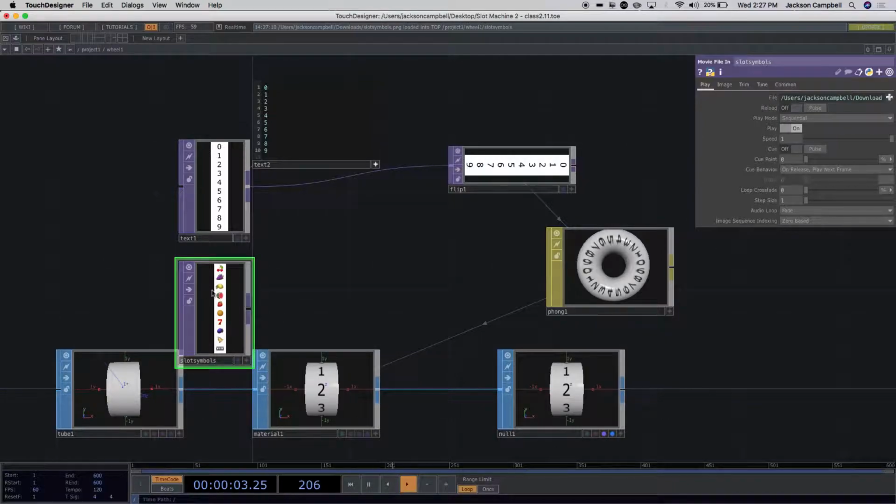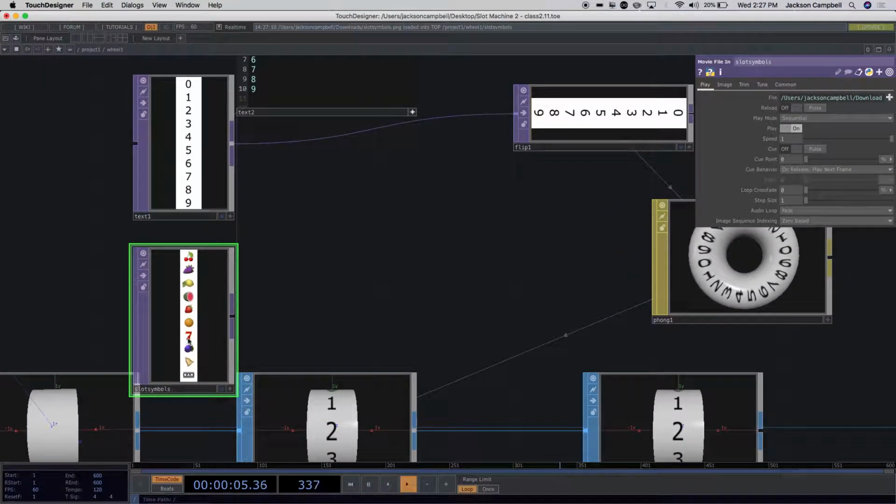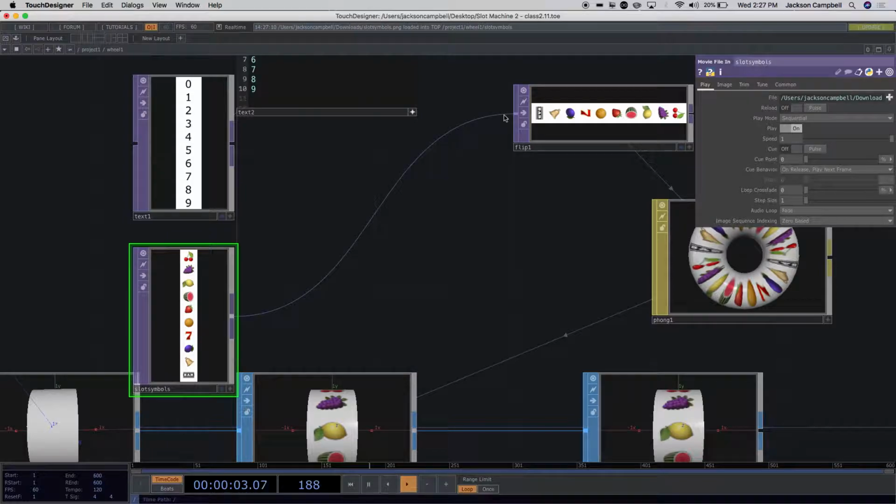Now, in order for this to be 7, count 1, 2, 3, 4, 5, 6, 7, but this counts from 0. So 7 is going to line up with like plum or orange or something instead of 7. So we'll have to make a slight adjustment to make that work. But go ahead and plug it in there